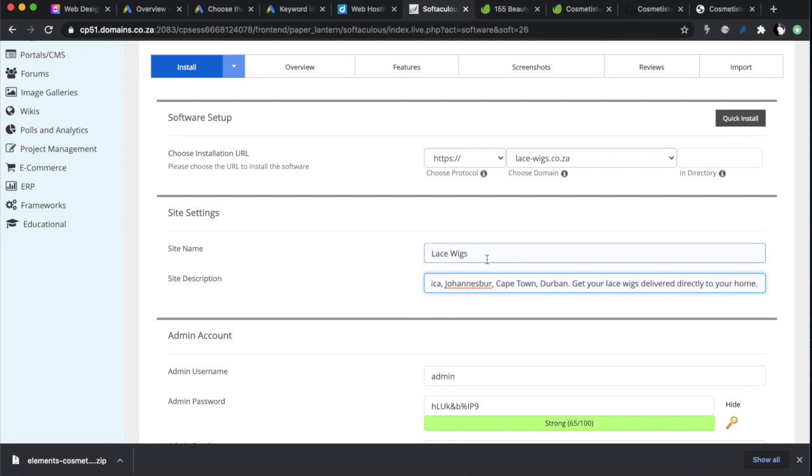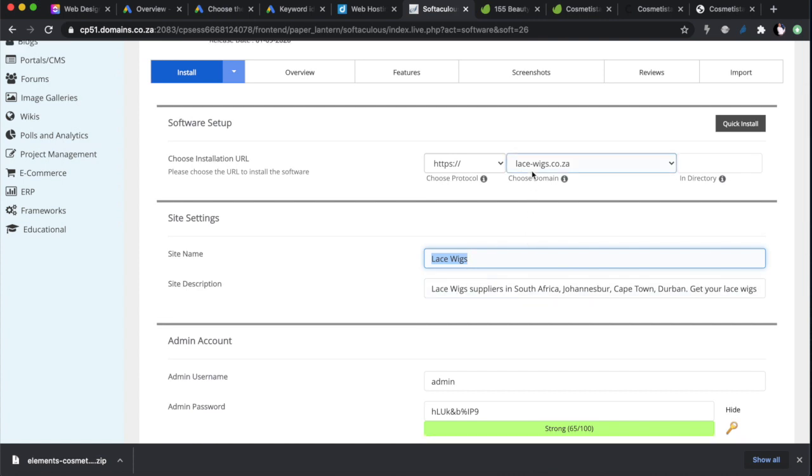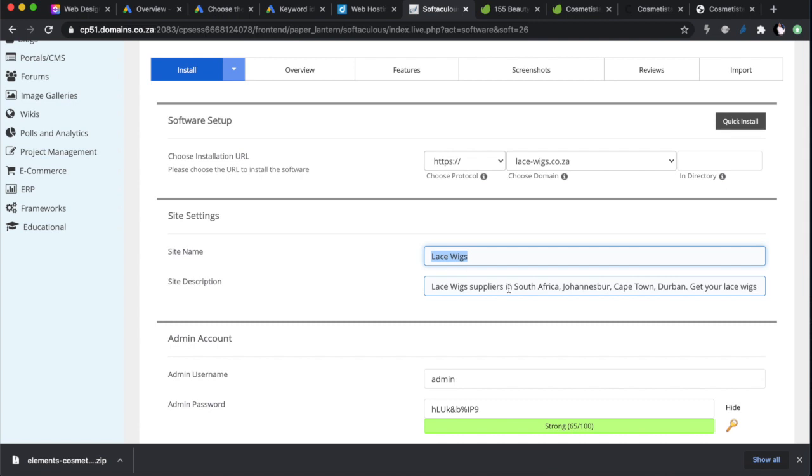Okay, I've picked Lacewig as my keyword. I know you need sort of long tail keywords, and they'll tell you all about that, but that's all right. You can still start with the short ones, and we'll add the long tail ones when we're doing the on pages. So I'll show you that. But make sure you start with your main keyword that you want your site to be associated with in your name, in your description. We have it in our domain. I mean, Google's gotta know that our website is about lace wigs.